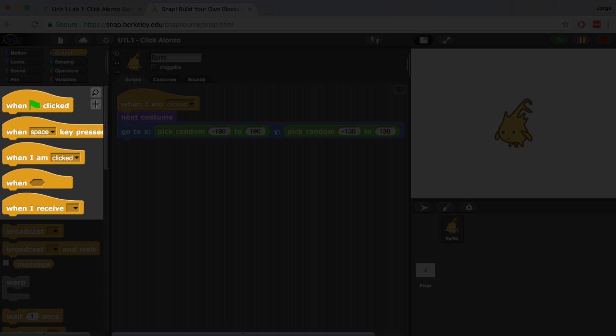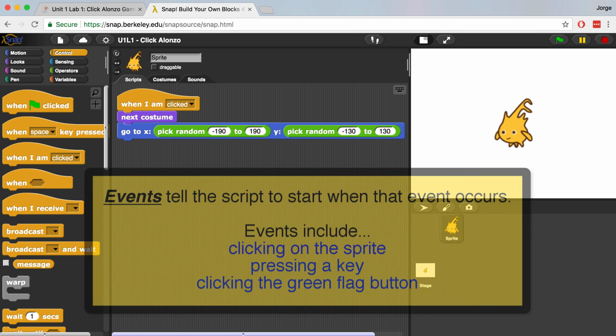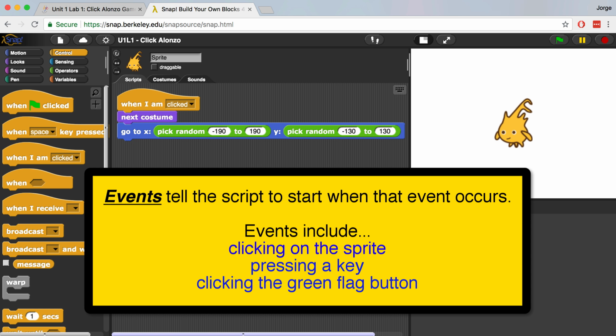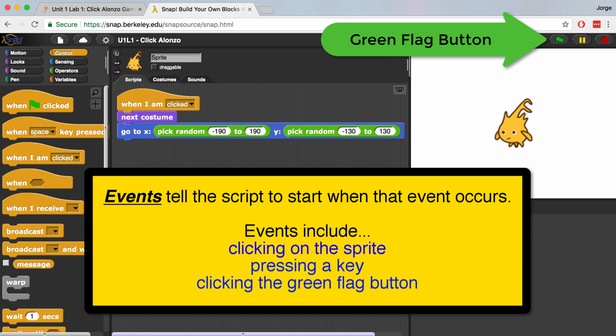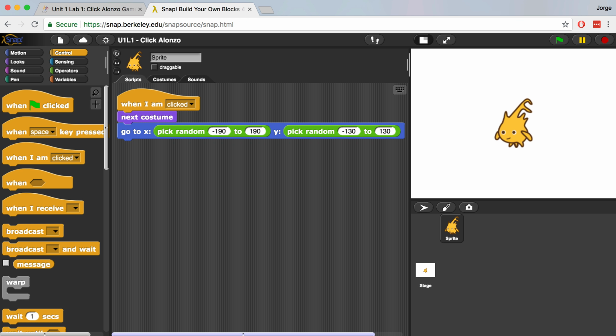Blocks that have this sort of hat shape are called hat blocks. Hat blocks detect events, such as a mouse click when the user clicks on a sprite, or a keyboard keystroke, or like I mentioned above, clicking the green flag button. We can add the When Green Flag is Clicked hat block to our scripts so that they all start at